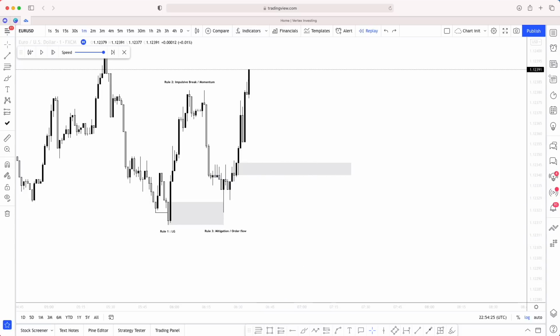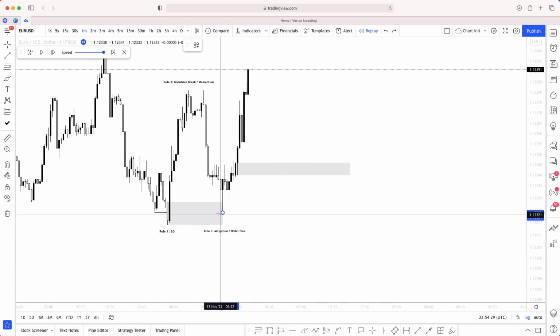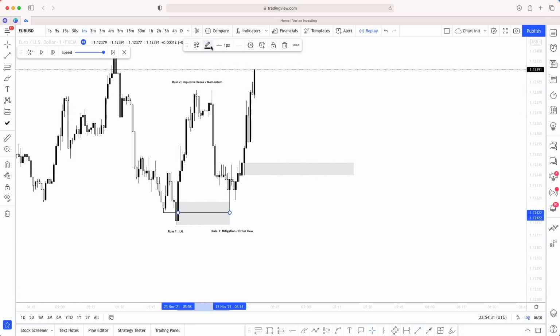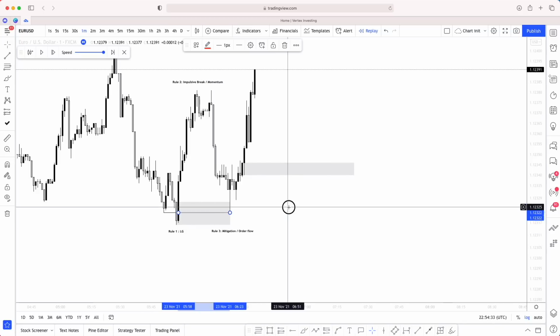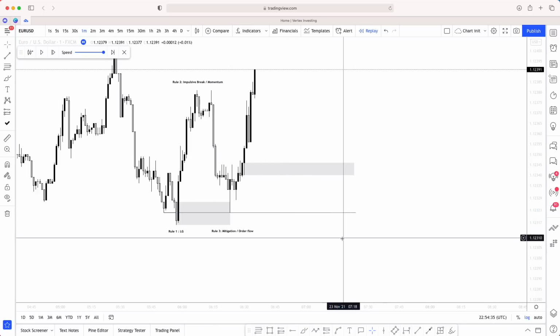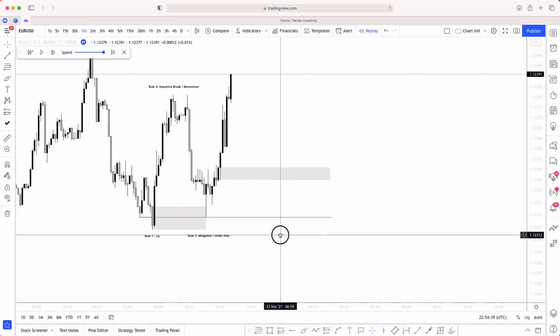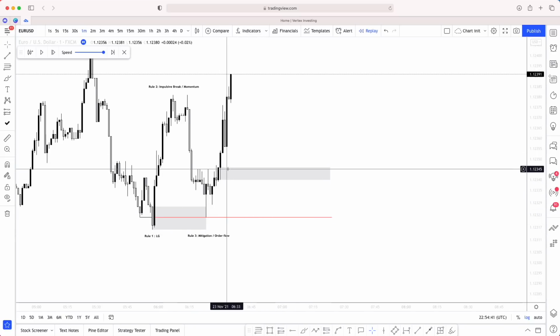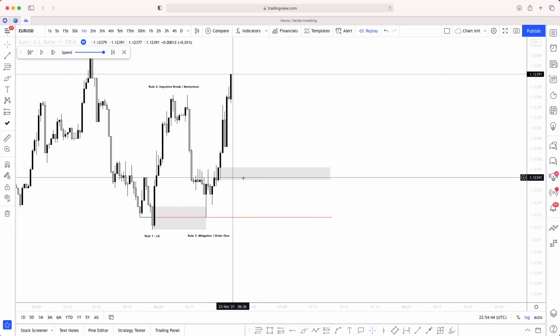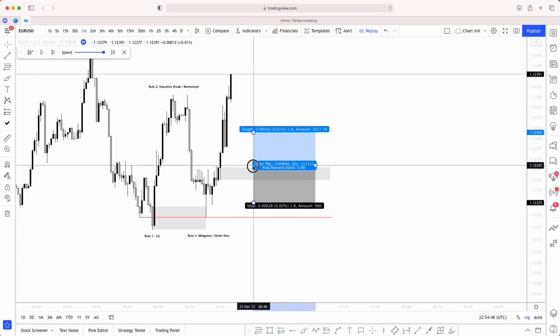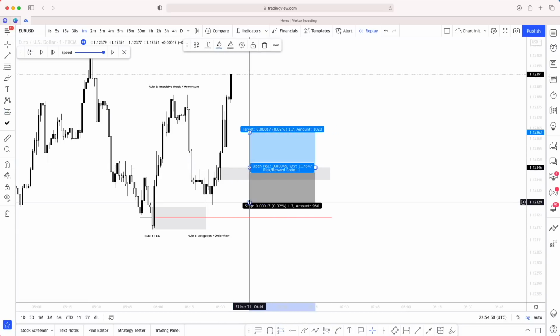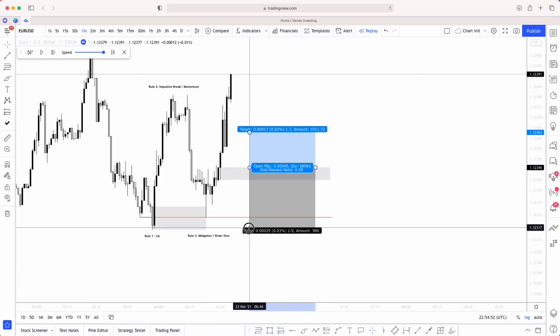Now, if you're going to trade like this, okay, and this is another rule set that I forgot to give, is this. When we have that mitigation point, what do we have? We have a point of invalidation. So that's our rule set for our stop loss. Now, if you're going to take a trade straight off from here, you need to make sure your stop loss is protected, okay? Now, to protect your stop loss and to trade it with high probability, you want to put your stop loss below the invalidation point, okay?